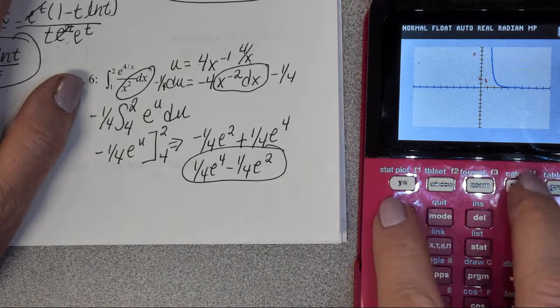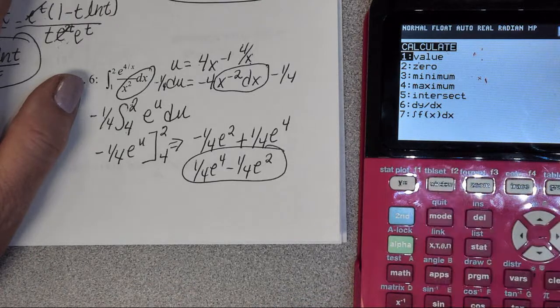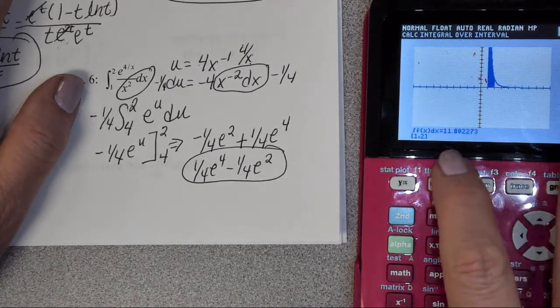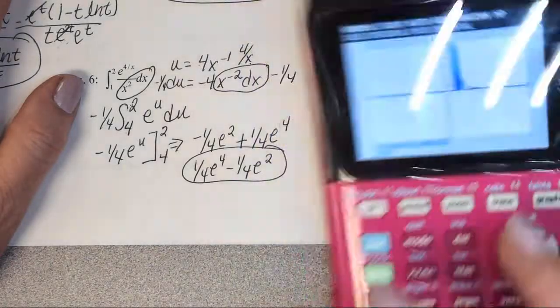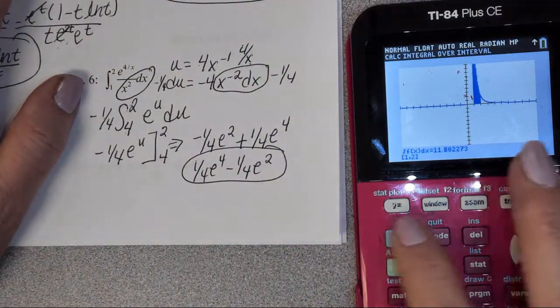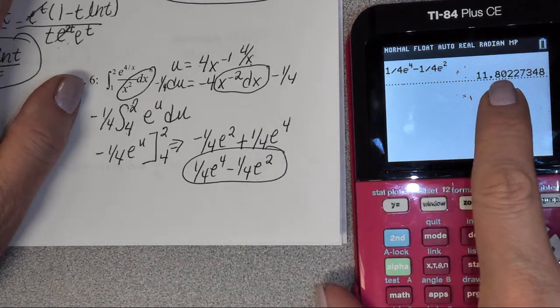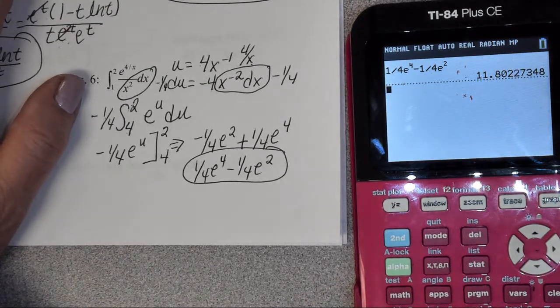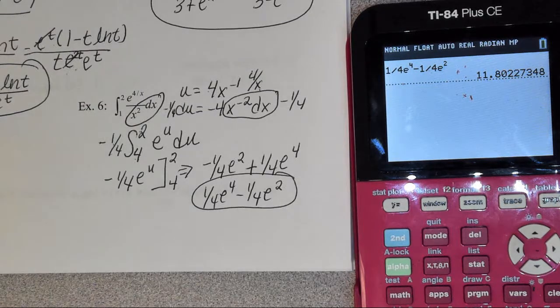Okay, and so then I'm going to do second calculate, and I want to calculate the integral from 1 to 2, and I get 11.80. And so then if I look back at what I got here, 11.80, right? Can you write 11.80 as your answer? Why not? It's not exact. Okay. All right, guys, good job. So remember that you have